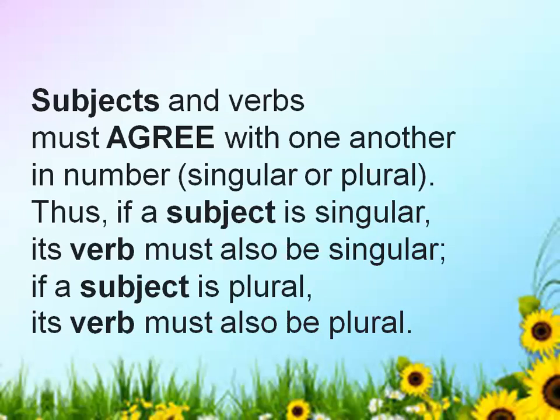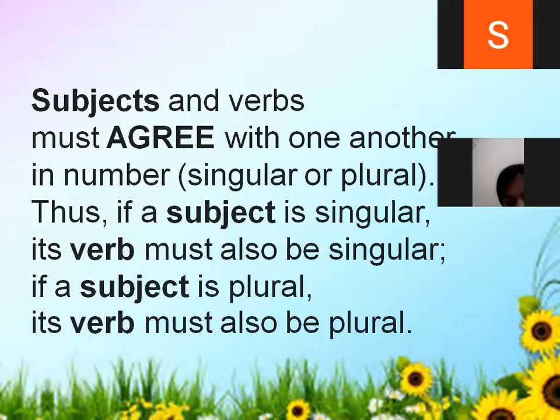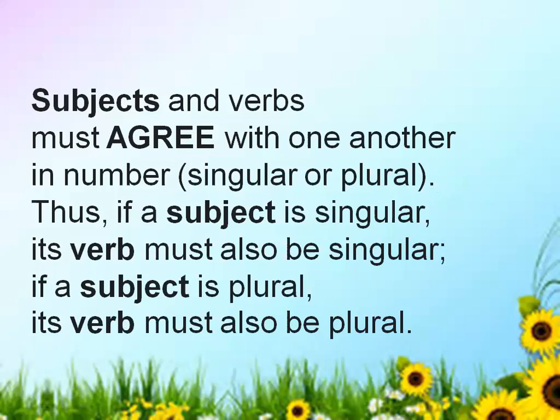You all know that in present simple, with singular subjects we always use verb v1, the present form of the verb, s or es according to the subject. Why? Because we want subject and verb to agree with each other. If they do not agree, it means you are making some mistakes in the sentence. So to make correct sentences, subject and verb must agree with one another in number, singular or plural. If a subject is singular, the verb must also be singular, and if a subject is plural, means more than one, the verb must also be a plural verb.